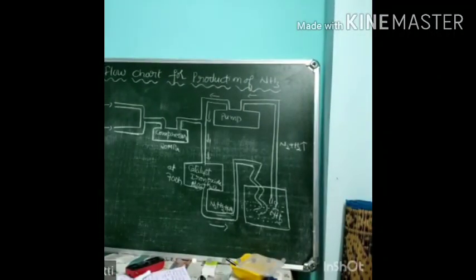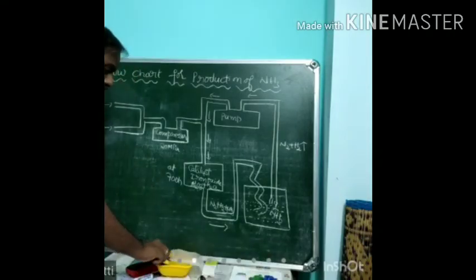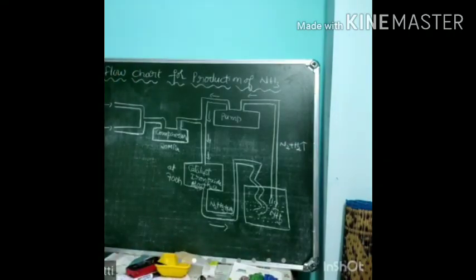Now, another important flow chart for the preparation of ammonia is given in our textbook. In board exams, this question is asked a number of times: how is ammonia prepared from Haber's process? Explain by using a flow chart. So this is the flow chart. First, hydrogen and nitrogen are passed through a compressor, where the gases are compressed and the pressure is maintained around 20 megapascals, nothing but 200 atmospheres.